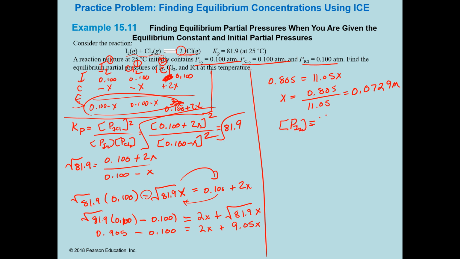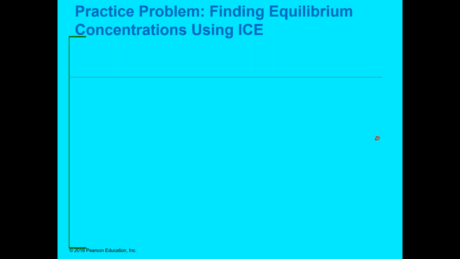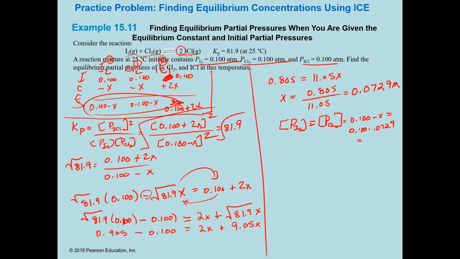same as the partial pressure of Cl2, and that's going to be 0.1 minus x. So 0.1 minus 0.0729 equals 0.027 atmospheres. I got all excited. Sorry. And then the partial pressure of the ICl